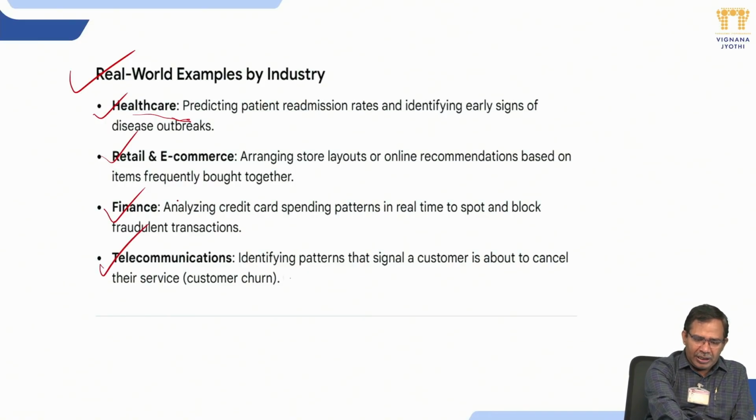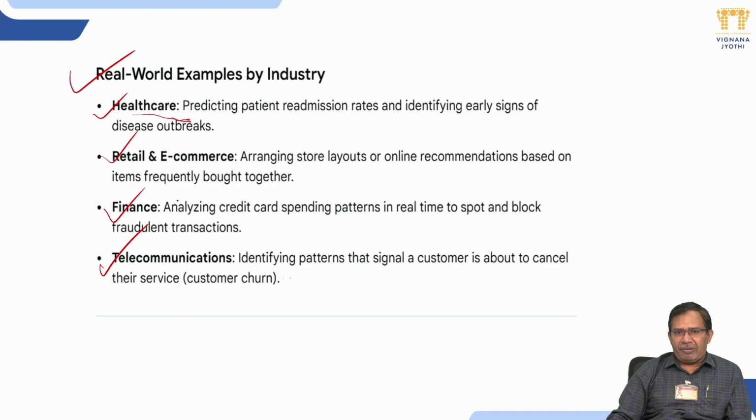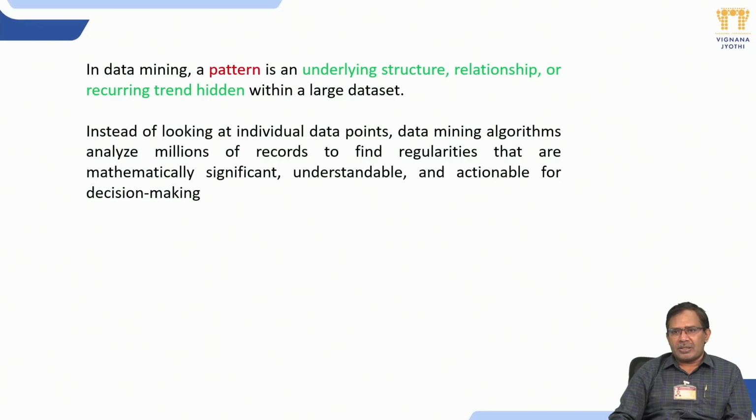Then we deal with telecommunications, to identify patterns that signal a customer is about to cancel the service because of unsatisfactory levels. Here it's going to look at the type of customer and whether they are continuing with the service or not. If a customer is not happy, the organization has to focus on them and retain them by providing